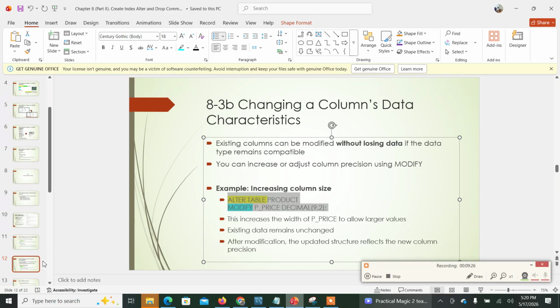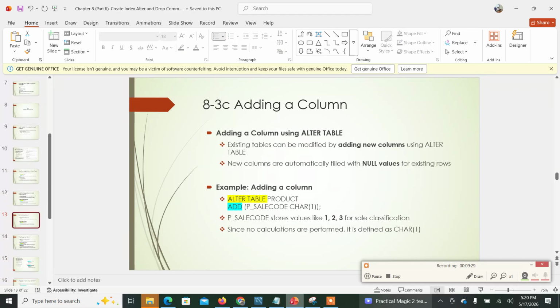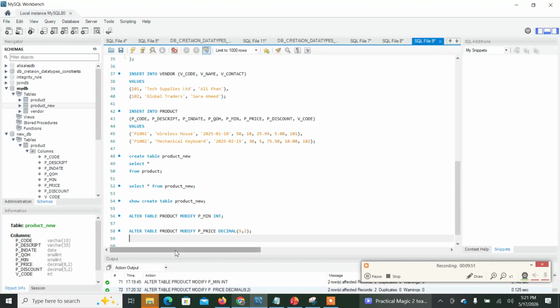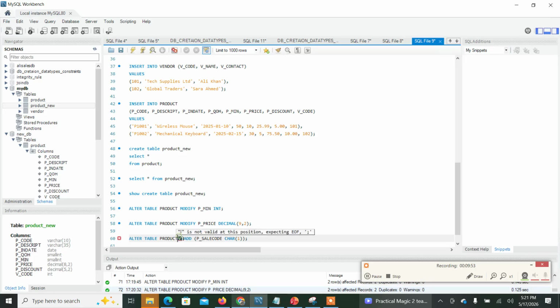Also I can use this alter command for a new column. How could I do that? For example, I am going to add this new column: alter table product and add this p_sale to this one. So the alter command could also be used for adding a new column to an existing table. The existing table is product, and I am going to add this new column p_sale, and if I want to verify whether this has been added or not,